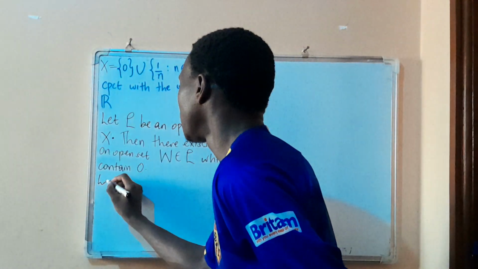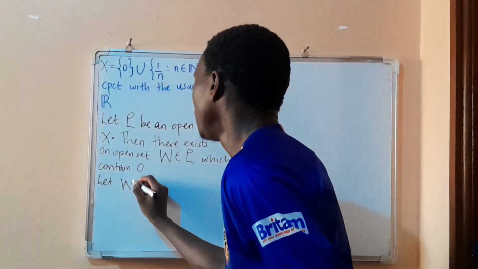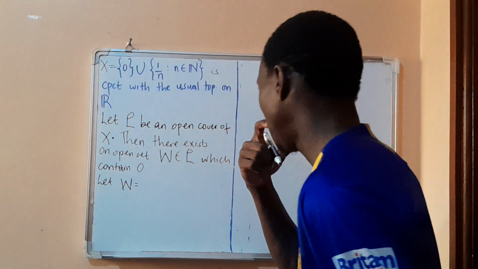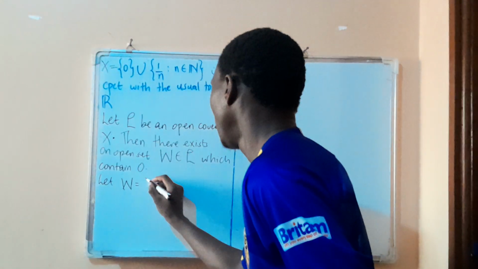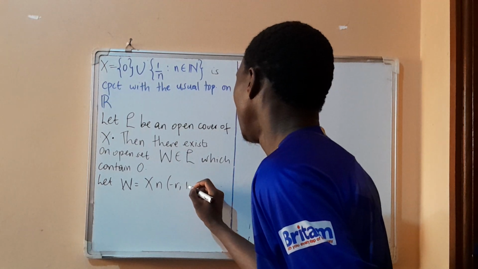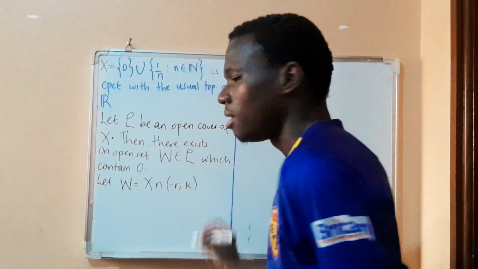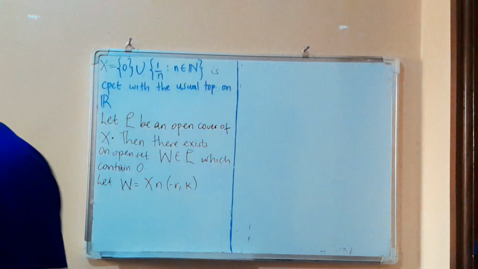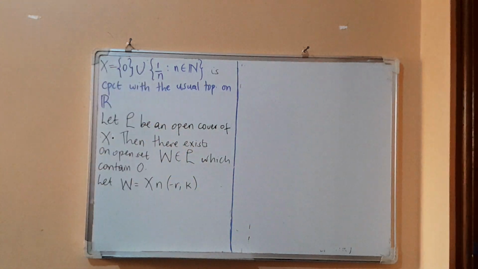So let W be X intersection negative R and K. By the way, this is a subset of R with the usual topology, considering X as a subset of R with the usual topology,